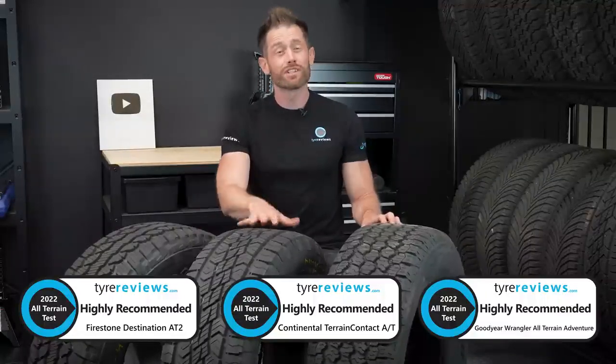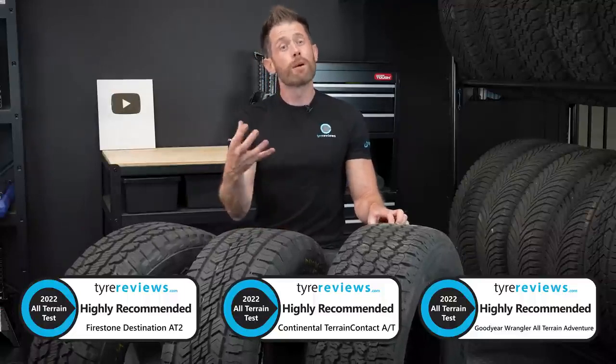To find out how good a mild all-terrain tyre really is off-road, I'm going to take the best tyre in the wet, which is this, the Continental, to Moab on the tyre reviews Porsche Cayenne to see exactly how far it'll get off-road when compared to a proper off-road setup. Should be a really interesting test, assuming the Porsche can even get there,